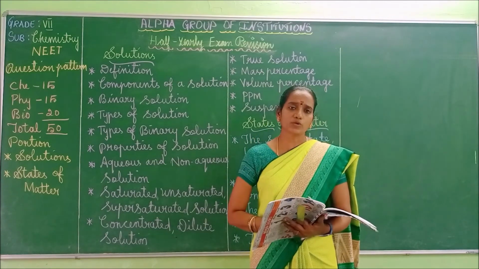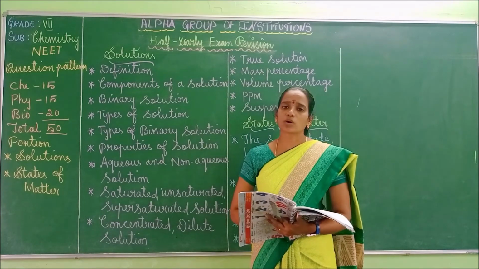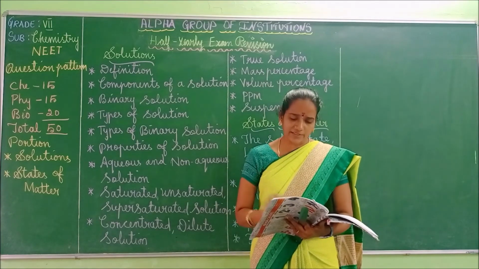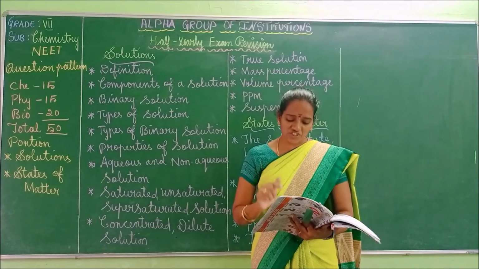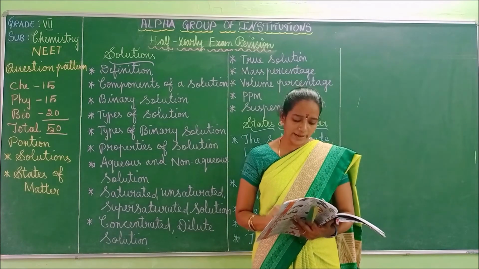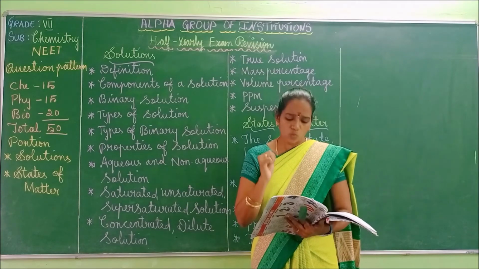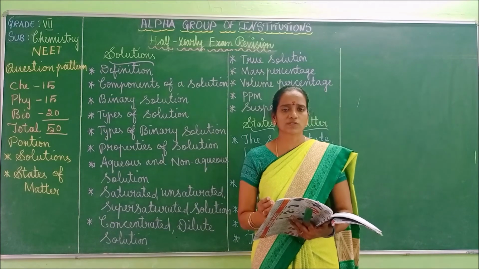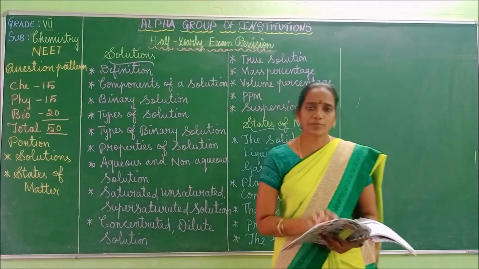So next one, come to the measurable properties. Measurable properties means what? What are the measurable properties? There are 4 parameters. Underline all the 4 parameters. One is volume, second one is pressure, third one is temperature and the fourth is number of moles. So gases can be measured in 4 parameters: volume, pressure, temperature, number of gas molecules. All these 4 parameters are called the measurable properties.